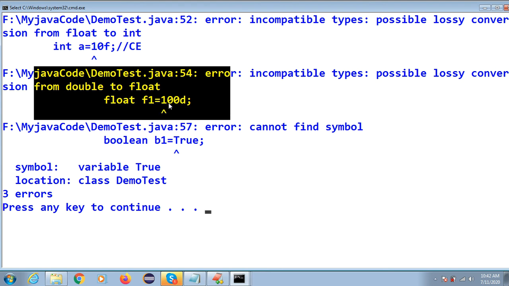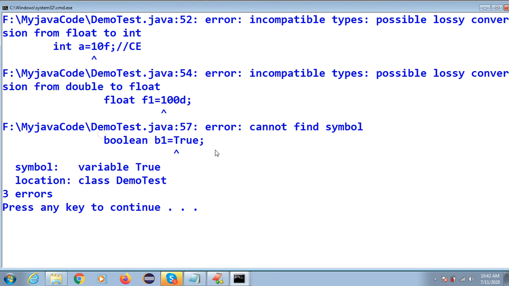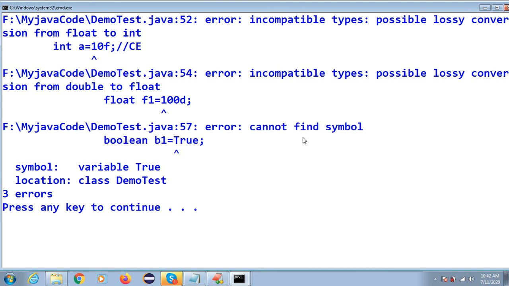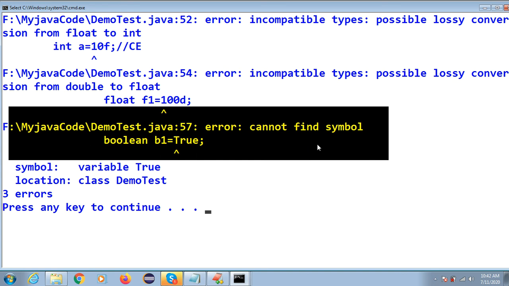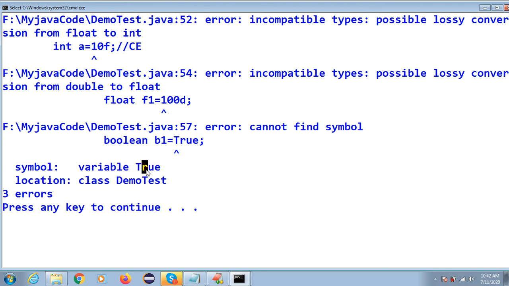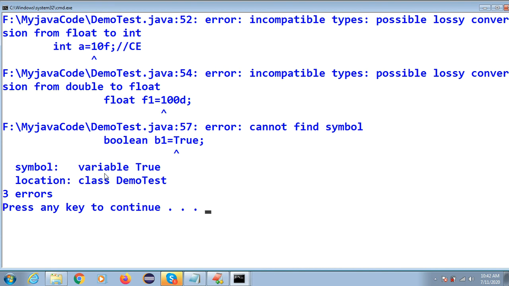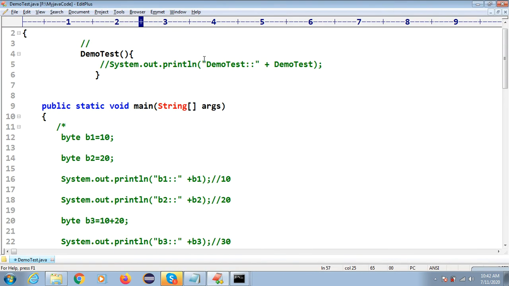This is your floating point and you are storing the double type. Again here we are getting this. So here we can read this error, cannot find the symbol. Got it, right? The compiler is not able to understand what you have written. This is not applicable for Java. So the message is given to you: I'm not able to find this symbol. So this is how this code will work. They have already given this message to you. Okay, so this is your data type.